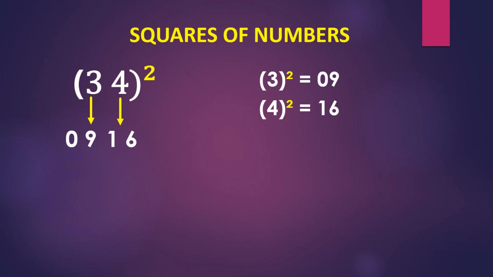Third step, multiply all these numbers like 3 into 4 into the power 2. So 3 into 4 into 2. 3 4s are 12, 12 2s are 24. Now this 24, we have to add to this. Again, the first important thing, leave the first number. Do not write it over here in the units place. I have taken it as a star. You can write it as 0 or some small dot or anything.